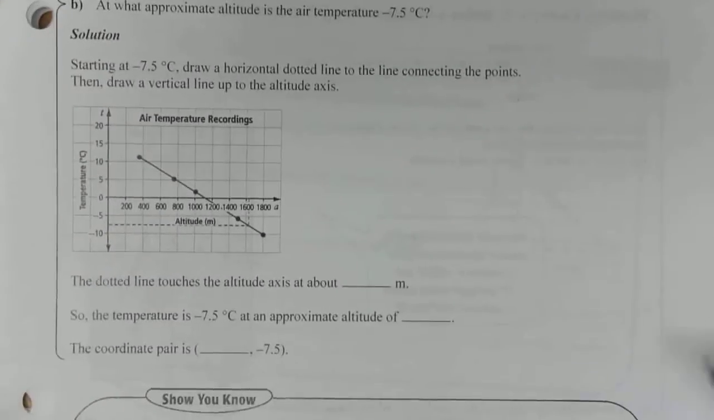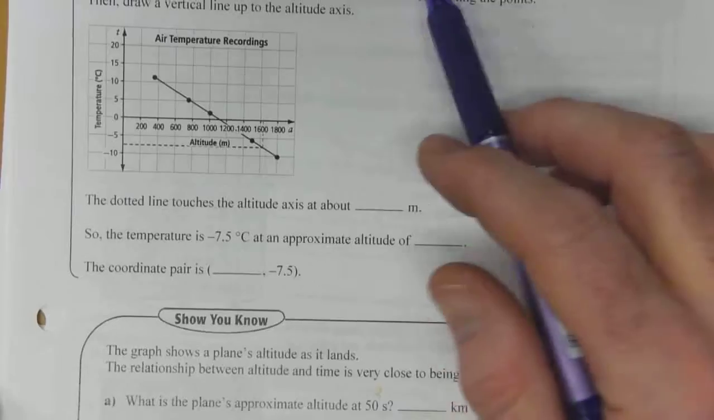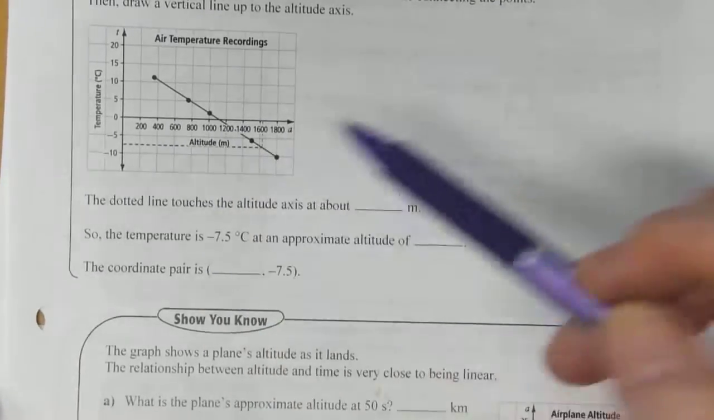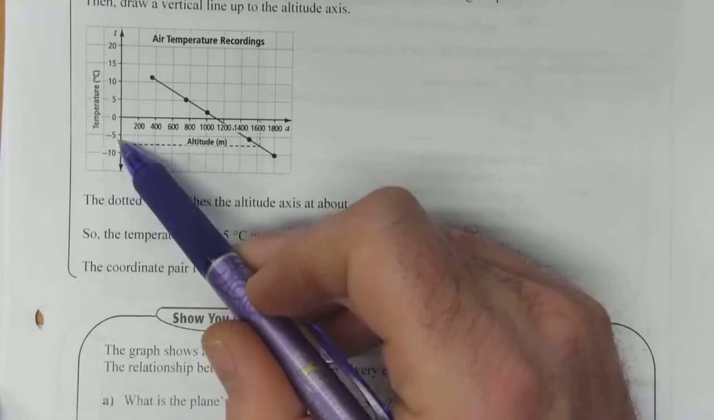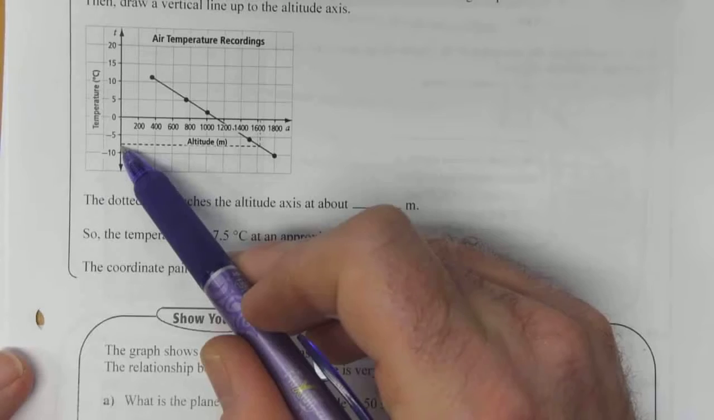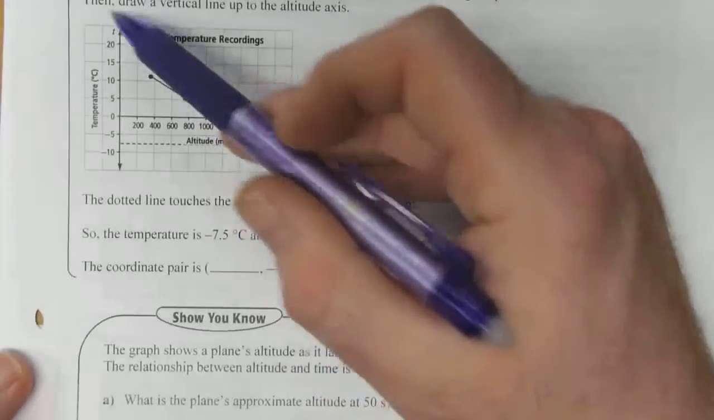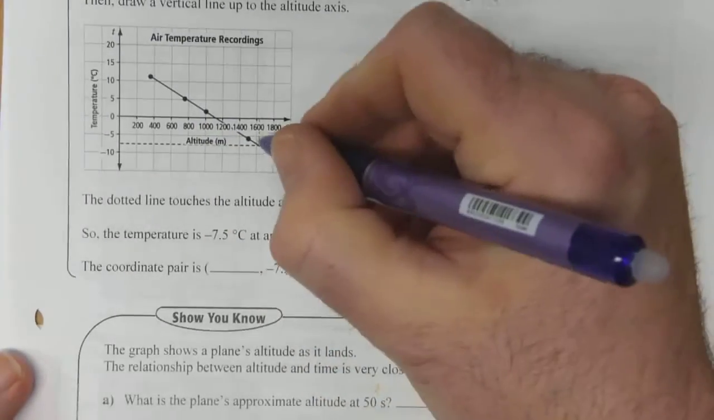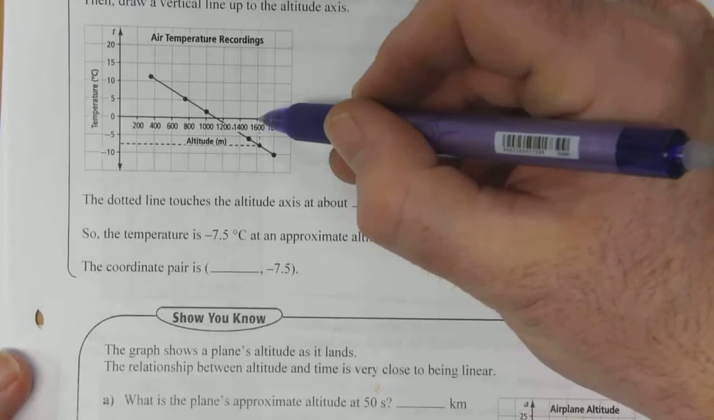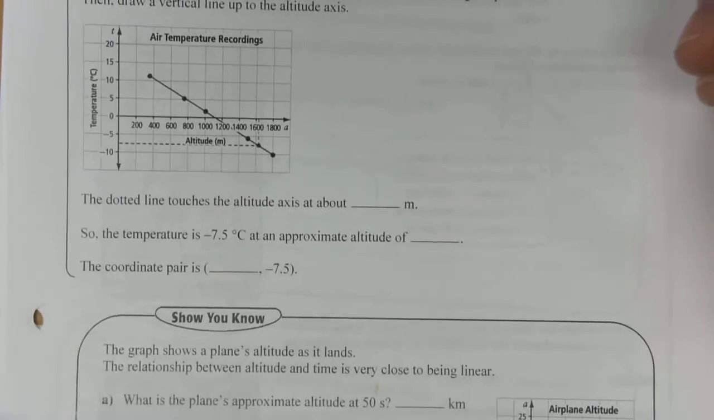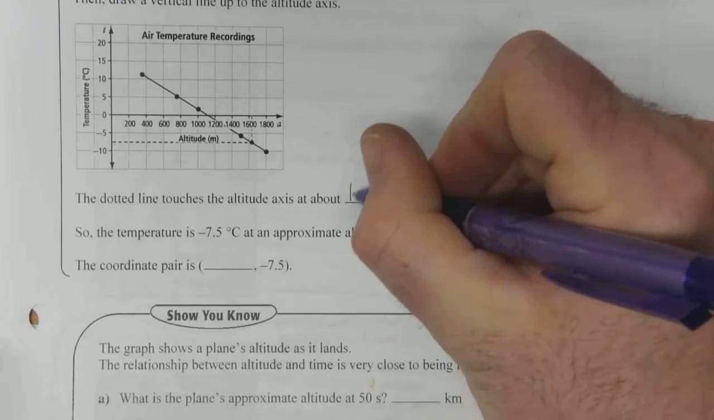So, part B, at what approximate altitude is the air temperature negative 7.5 degrees Celsius? Once again, go to your graph, find negative 7.5 degrees Celsius, and that's going to be right in the middle between negative 5 and negative 10. Start at that point and draw a dotted line straight across until you hit your diagonal line. That is going to be a point there. Then you can move up to the other axis to find out what number it's sitting on. In this case, I would say that's about 1625 maybe,